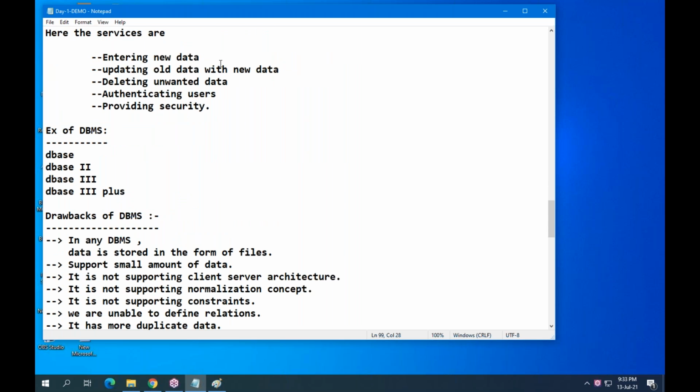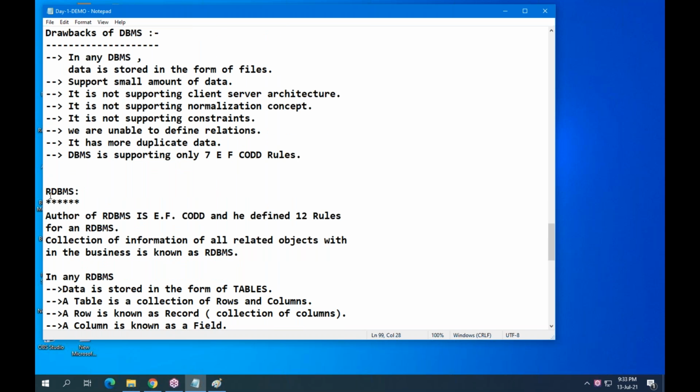In DBMS, technically we have some disadvantages. That's why we are learning RDBMS, the relational database management system. This model was introduced by E.F. Codd. He defined 12 rules.